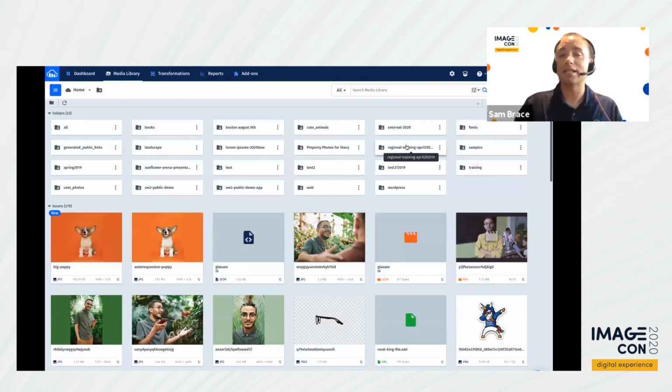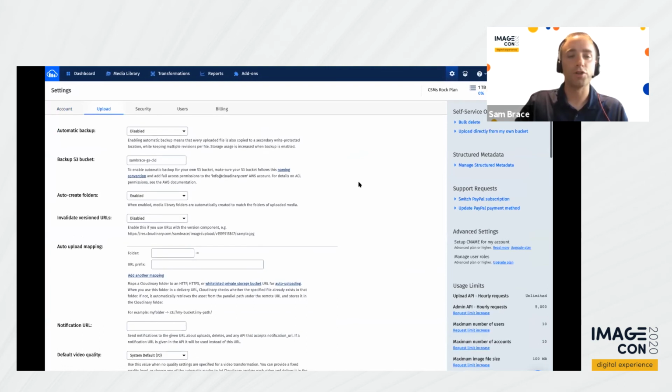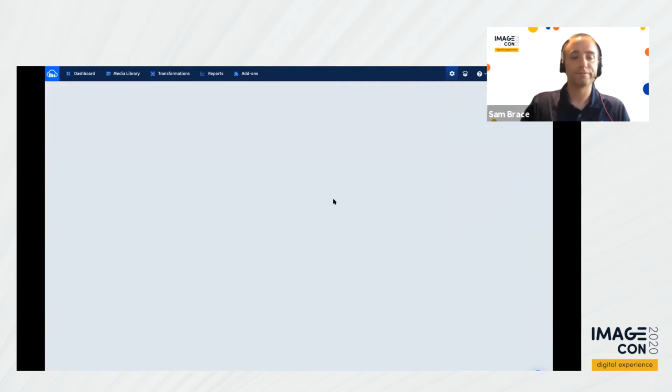But maybe you want that to be your default. You could do that too, where if you go back to that same settings and go to upload, you should be able to see all the way at the bottom, I can define separate default upload presets specifically for your media library. So now what that means is if I take that same incoming one and hit save, and then from there, what I go and do